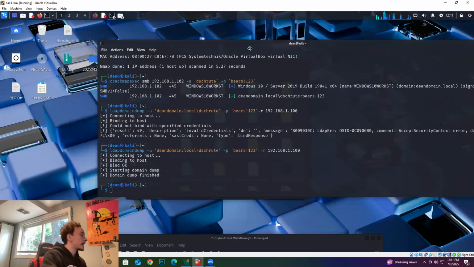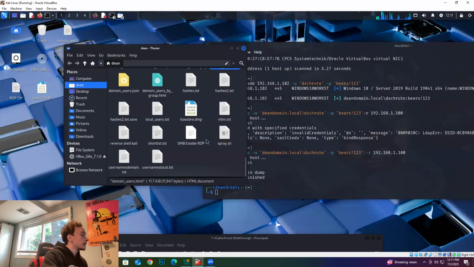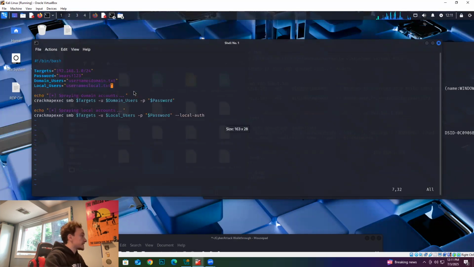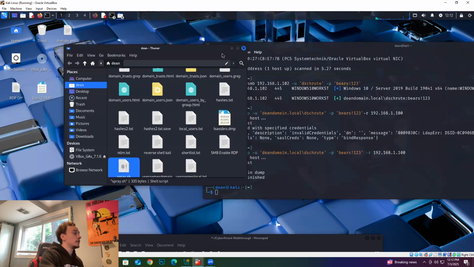So I created an executable called spray.sh, and essentially how this executable works is I've got the target IP range, which is going to target my domain controller, the workstation, component server, all the machines. It's going to use the password bears!123, and then I made two separate text files, one for all of the domain users and one for all of the local users, and then it's going to use CrackMapExec over port 445 to authenticate with each combination to see if we have a match. So let's run this executable,